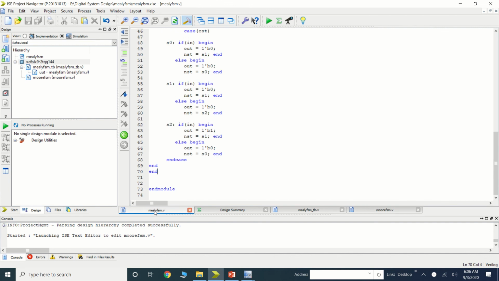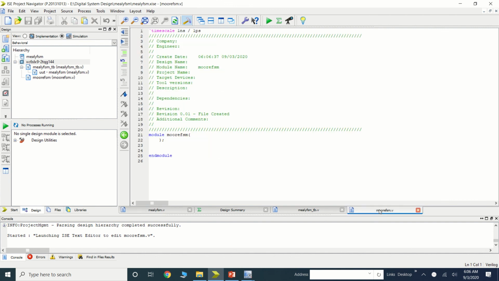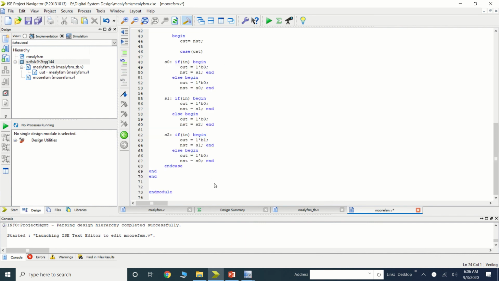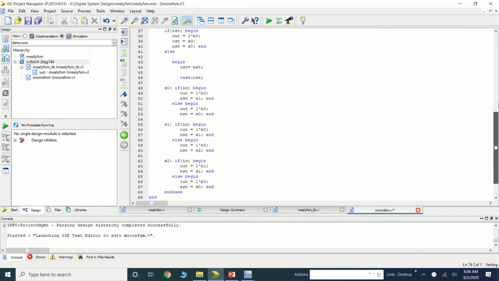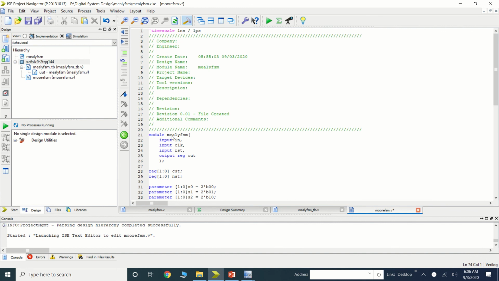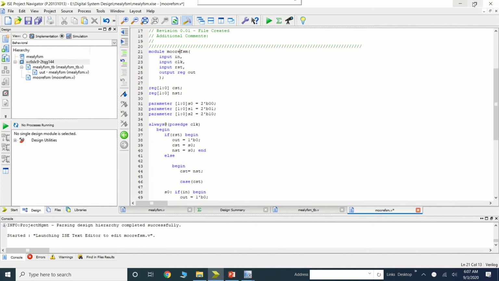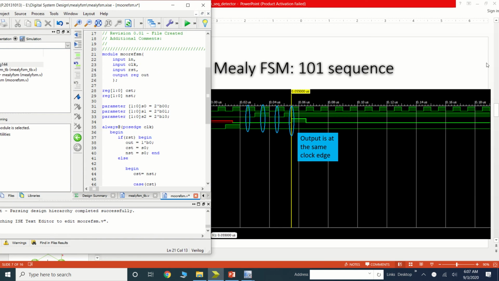So the same Mealy I am just taking for the Moore, and according to the state we'll change it. So here what I am first changing, I am changing the module name. The module name is my Moore FSM. The input and all would remain same, but what is the main difference as we saw in this?